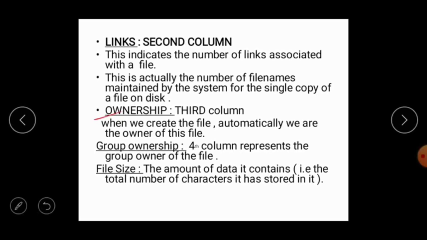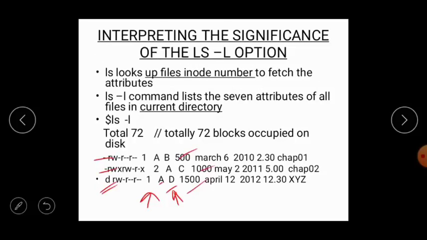The total number of characters it has stored in it. ಎಷ್ಟು ಕ್ಯಾರೆಕ್ಟರ್ಸು ಫೈಲಲ್ಲಿ ಪ್ರೆಸೆಂಟ್ ಇದೆಯೋ ದಟ್ ವಿಲ್ ಬಿ ಕೌಂಟೆಡ್ ಆ್ಯಂಡ್ ಇಟ್ ವಿಲ್ ಬಿ ಡಿಸ್ಪ್ಲೇಡ್ ಹಿಯರ್. ಓಕೆ, ನೆಕ್ಸ್ಟ್